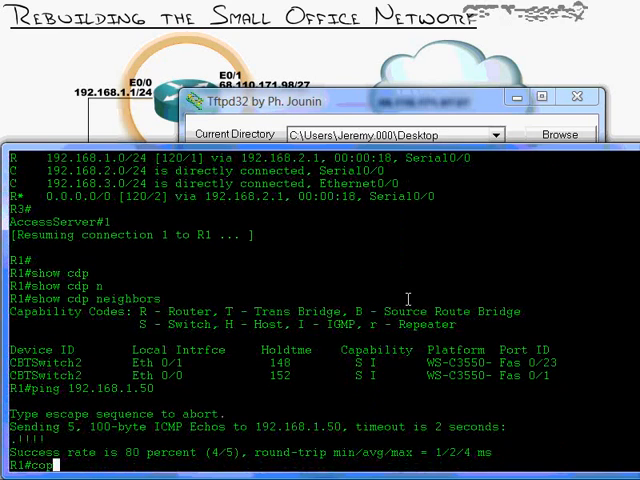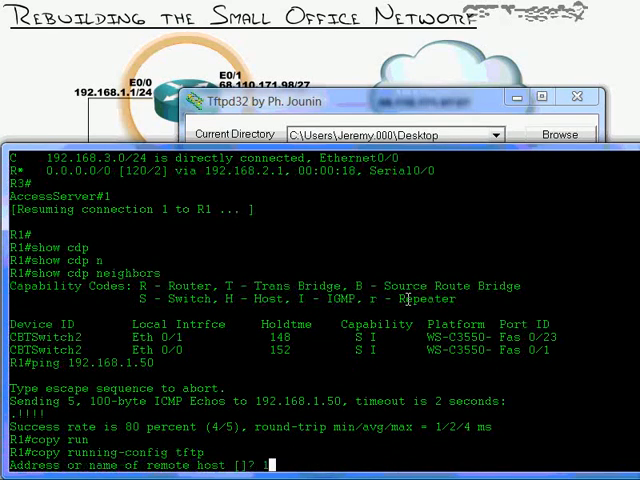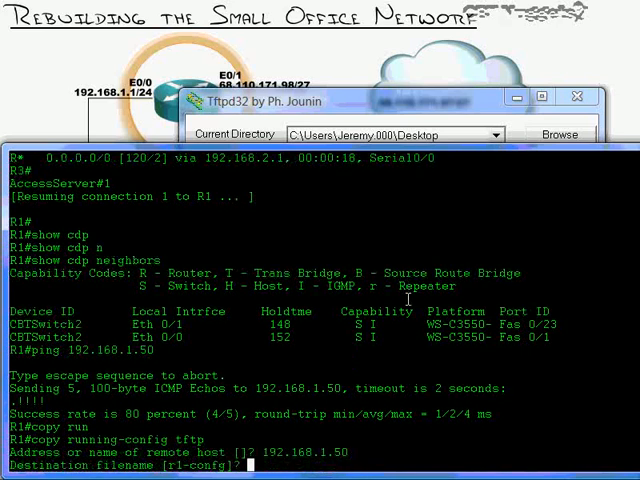192.168.1.50. We are able to ping it. I can type in copy running config to TFTP. Enter. What is the address of the host? That's 1.50. What do you want to name that file when you copy it over? By default, it's going to name it r1config. I'll actually keep that name, but I'll put